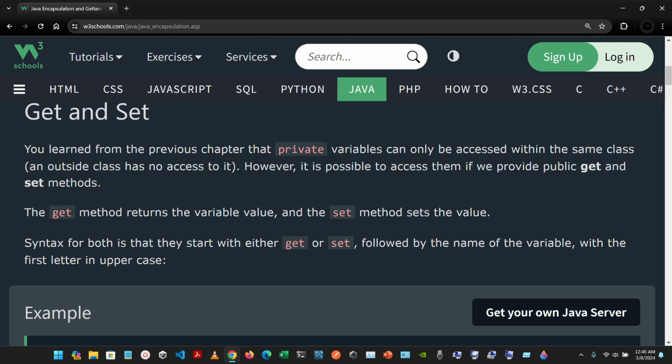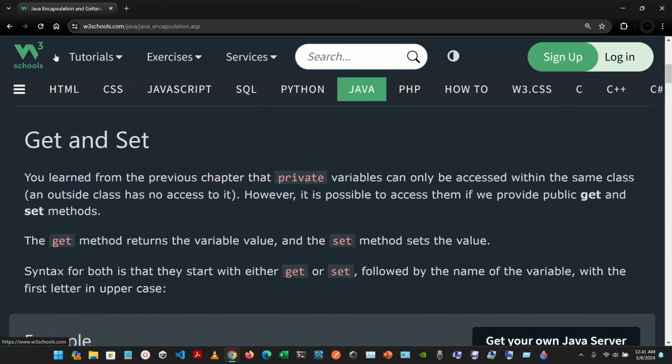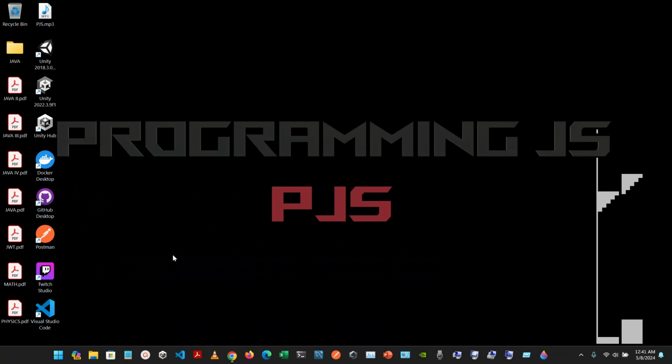So now we're gonna see instance variables, set methods, and get methods. Right now we're gonna create a gradebook class that contains a course name instance variable and methods to set and get its value. So right now we have some information here from the W3 school, but right now we're gonna